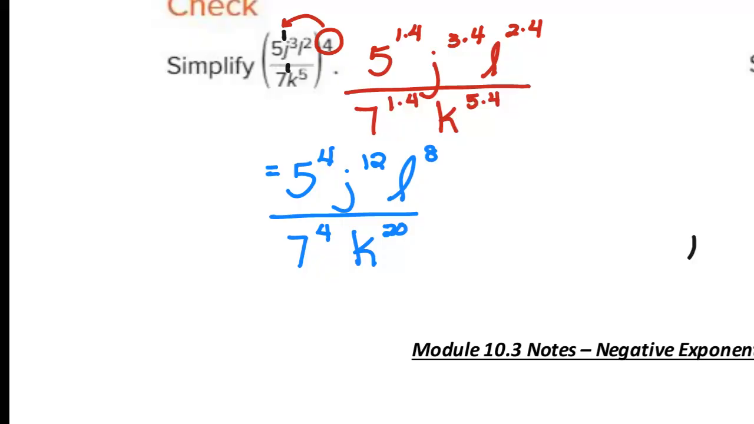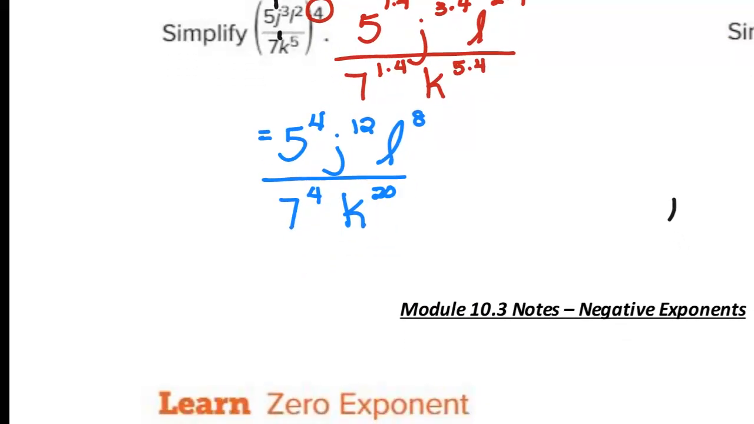Now again, you cannot simplify a variable raised to a power. There are 2 things up here I can simplify. 5 to the 4th is 5 times 5, which is 25. Times 5 is 125, times another 5 is 625. J to the 12th, L to the 8th,